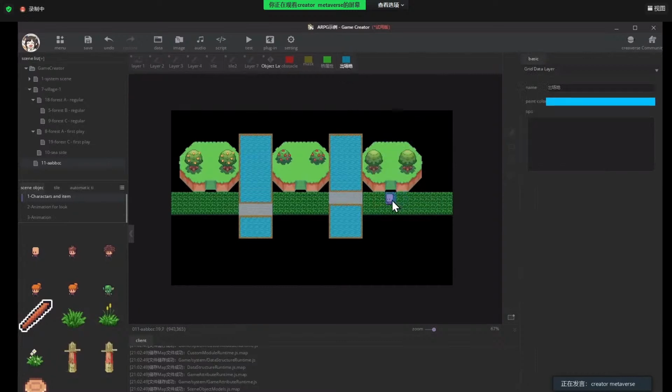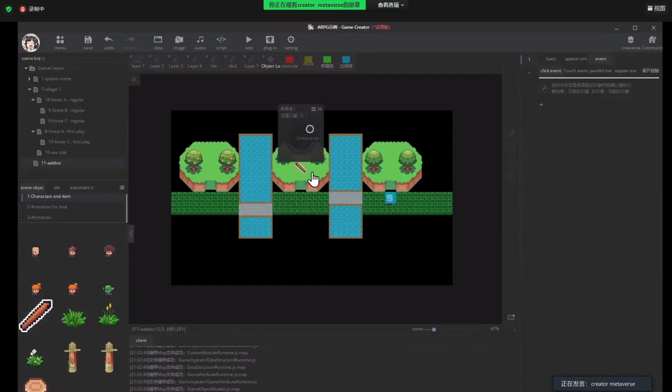And we select a birth place for this little guy. So he will be born here. And as usual, we put a stick on the ground for this little guy to pick up. That's pretty much the drawing system. So you can use these systems to create different scenes and maps for your games.